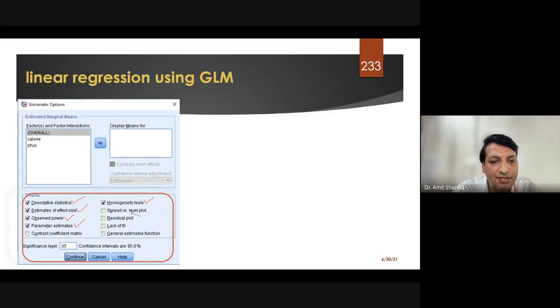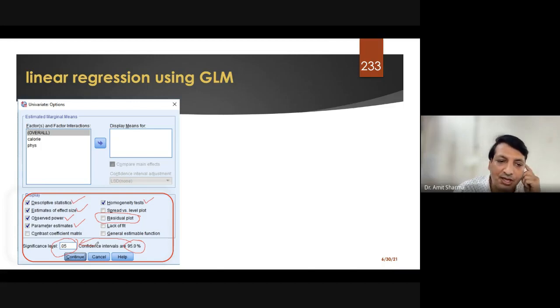For example, if you want to see the plots, then you can click on this, that I want to see the plots also. And wherever you click, those tables will be shown in the output sheet of SPSS. And you can see that the confidence interval of the study is 95%, and the cutoff point of the study is 0.05.